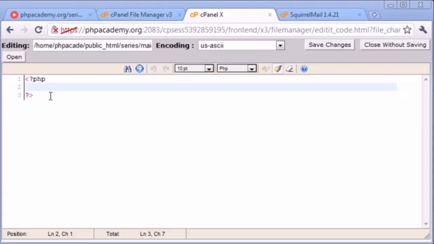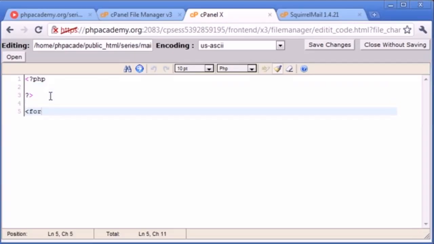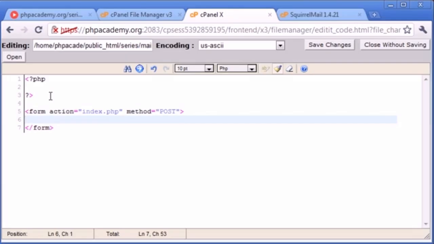So the first thing that we're going to do is create our form. So let's go ahead and say form action equals something and method equals something, and then we end with form. So the form action is going to be index.php, so we're going to be submitting back to the same page. This is going to submit in post data, so we're going to submit a large amount of data that we don't want to be shown in the URL bar, so we use the post method to send the data